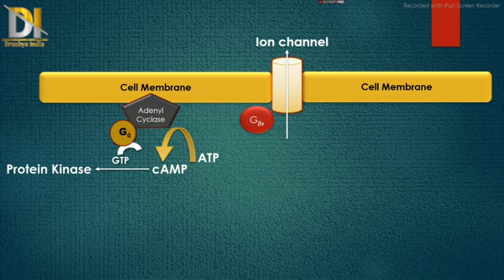The last pathway is activation of phospholipase, or it is also known as the IP3-DAG pathway. In this, IP3-DAG is the secondary messenger, which further leads to the formation of calcium ion. As we know, calcium ion is responsible for contraction of muscles, so it shows further process.